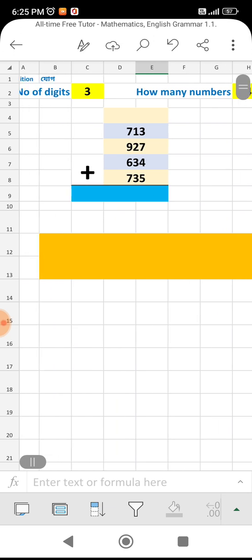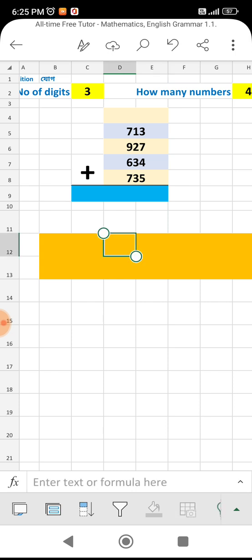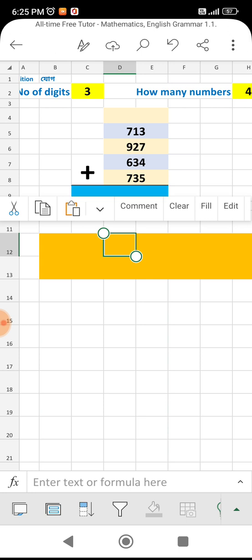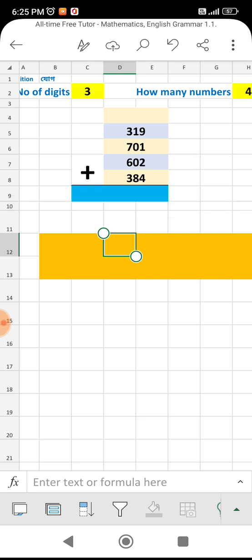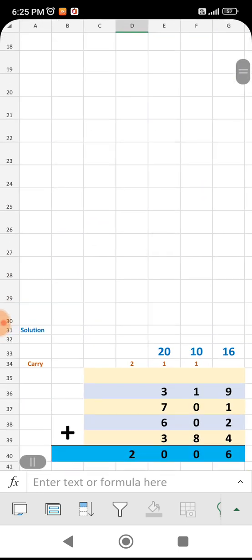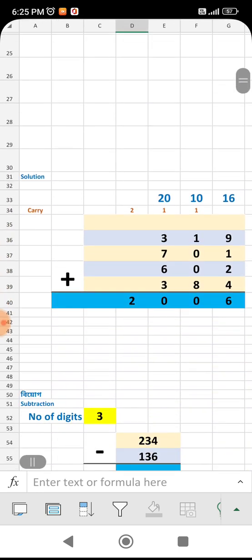Okay, suppose I want to practice a new problem. What do I have to do? I have to select the orange cell, second color. Okay, and thereafter circle, and then clear. The numbers are changed. Once again, do it in your copy and check, and if it is correct, then very good, you are getting confidence. And if it is not correct, once again correct it. Okay, where is the mistake? It is mentioned here